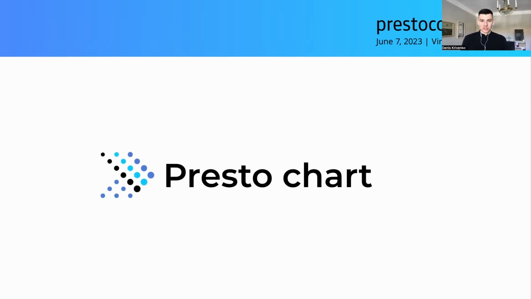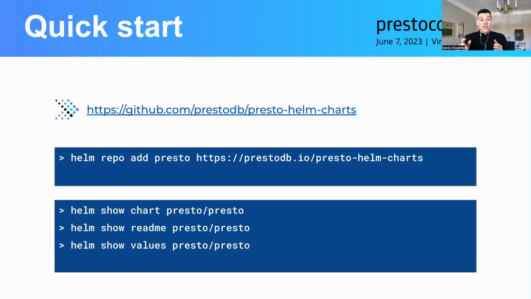And I'm happy to announce that Presto also has an official Helm chart now. The first version of it has been released a few days ago. Let's have a look at it and try it out. If you are curious about source code and want to know more about the chart internals, check the GitHub repository of the chart. If you want to get started quickly, the first step to use